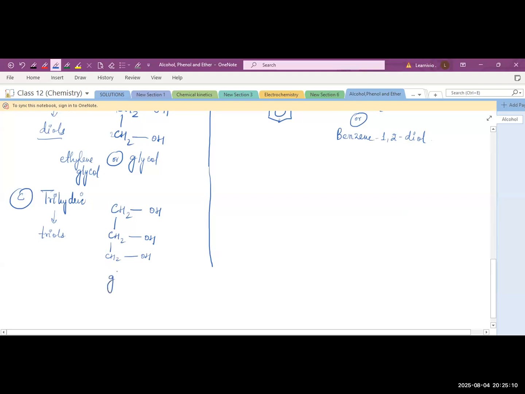And what do we commonly call it? We call it glycerol. So you will have to remember the common names of all of these. For these diols, what do we say? This is your glycol, ethylene glycol, and the common name for this, when three OH groups are attached, is glycerol. Similarly, for the phenol,